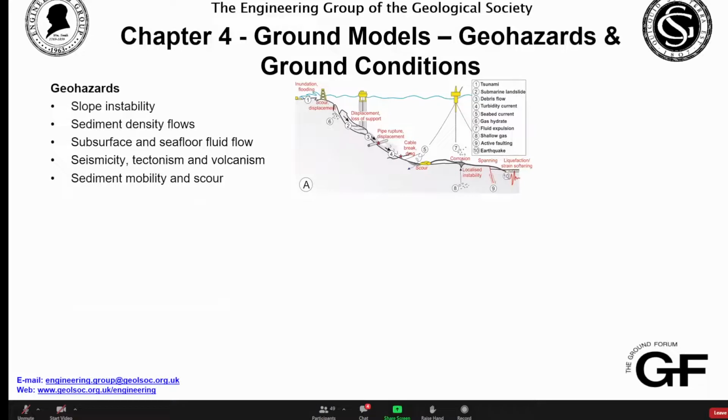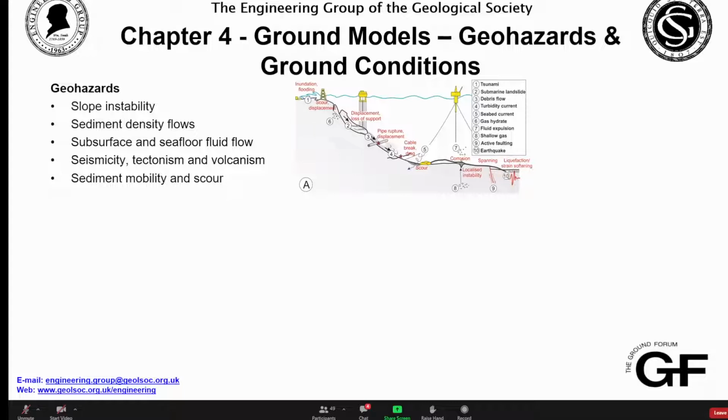So this is really talking to the translation from Roger's chapter, which outlines processes that happen in the ocean at differing water depths and indeed may occur below the sea floor, and then starting to relate them to what this may actually mean in terms of impacts, constraints, or potential challenges for offshore developments. So we'll go through a number of examples, and they're being illustrated with real world examples